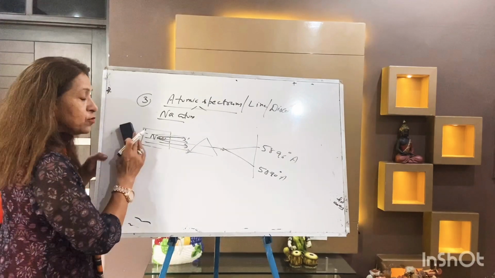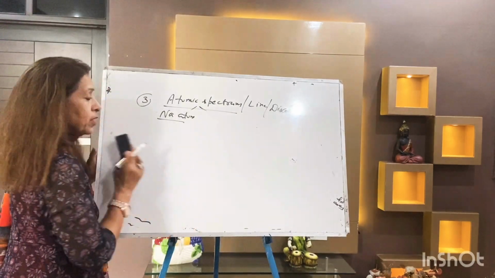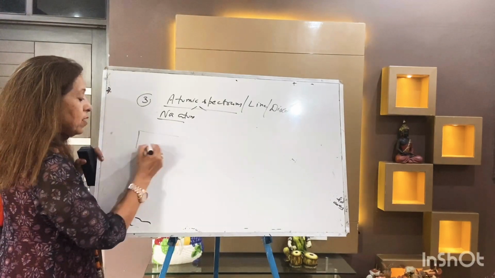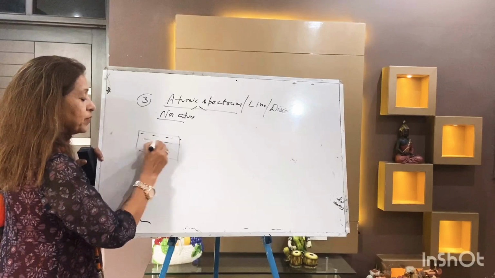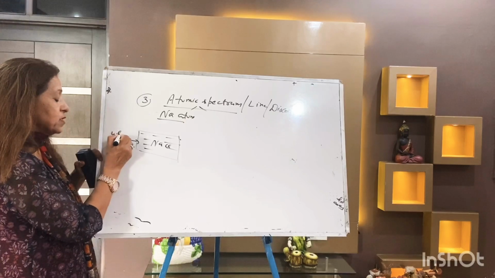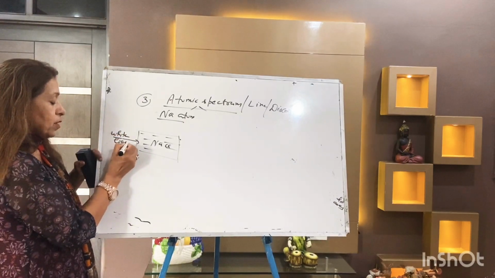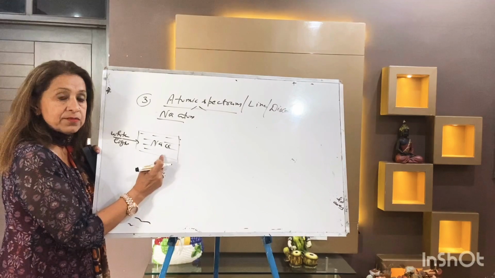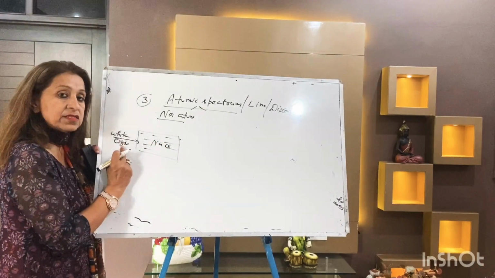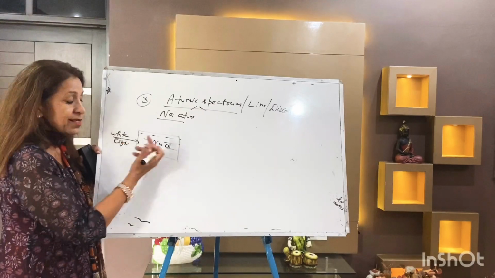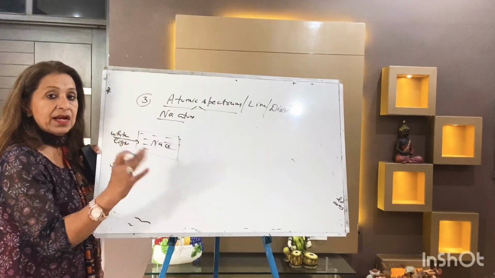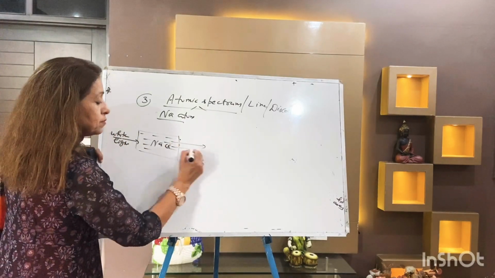Now my example shifts to the absorption spectrum. Now for the same sodium atom, I've taken a beaker full of NaCl. Now I'm not going to heat it. I'm going to pass white light inside, that is sunlight. The moment white light enters, the NaCl gets heated up, because sunlight has so much energy. The moment it enters the beaker having NaCl, it gets heated up, and radiations come out.